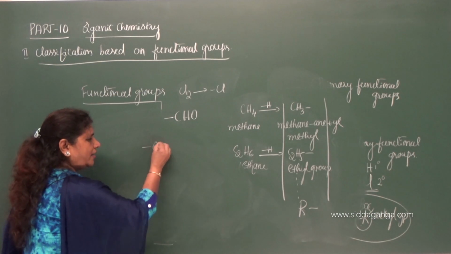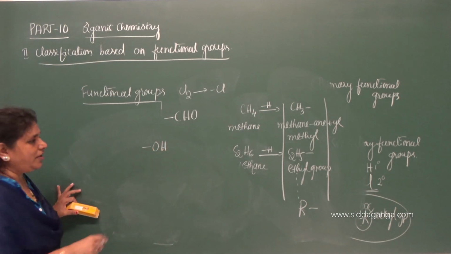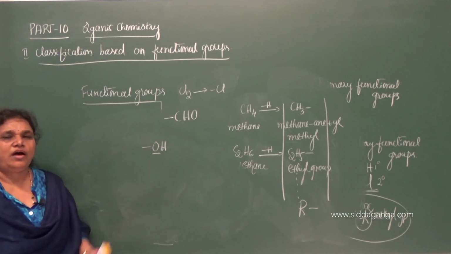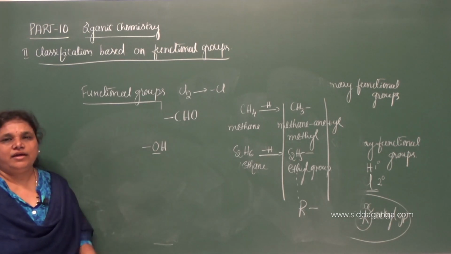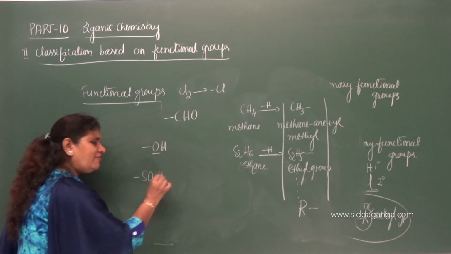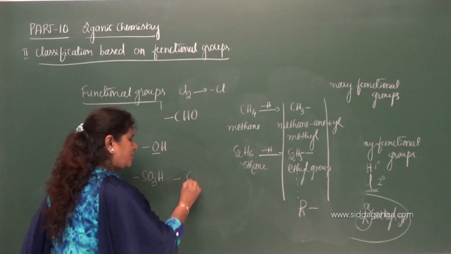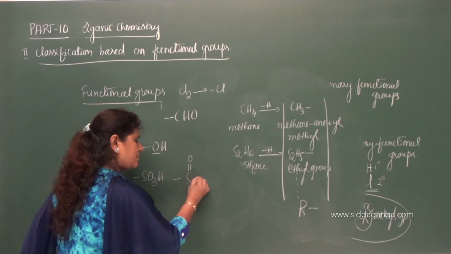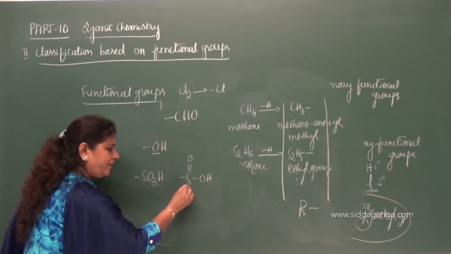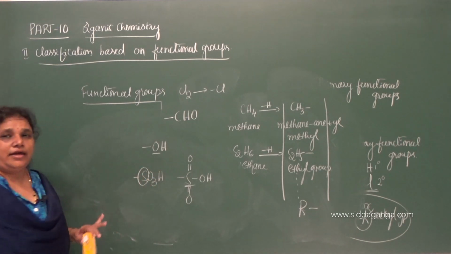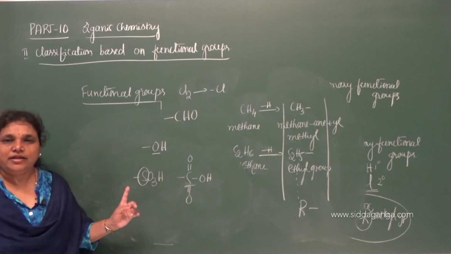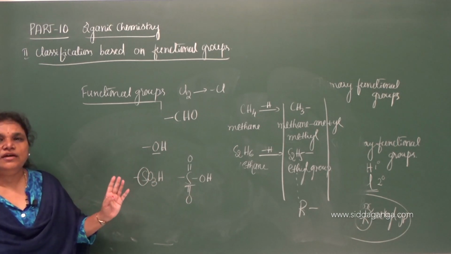Now, which is the key atom in OH? Definitely O is the key atom in the OH group, the alcoholic group. Clear? Similarly, in the SO3H group, the sulfonic acid group, the actual structure is this, with OH. Which is the key atom here? Definitely sulfur. Sulfur is the key atom because it is the atom which comes immediately after the hyphen in the functional group.